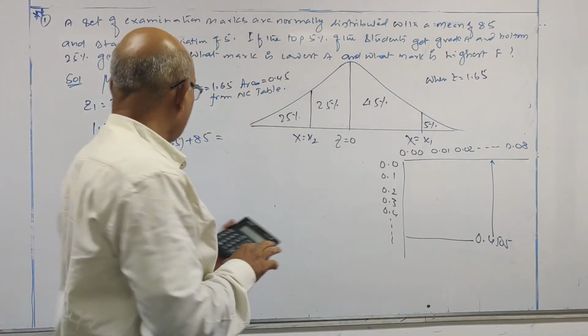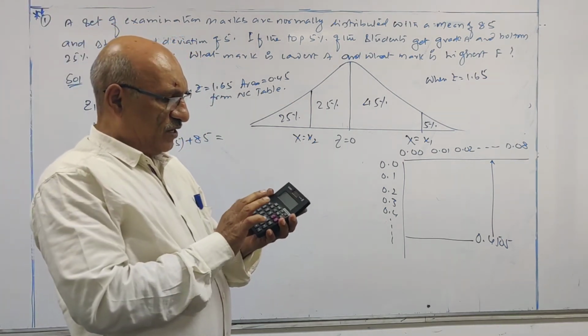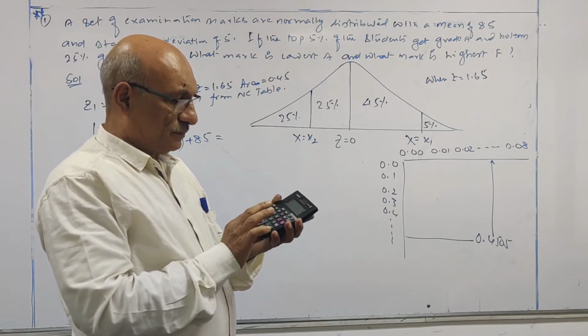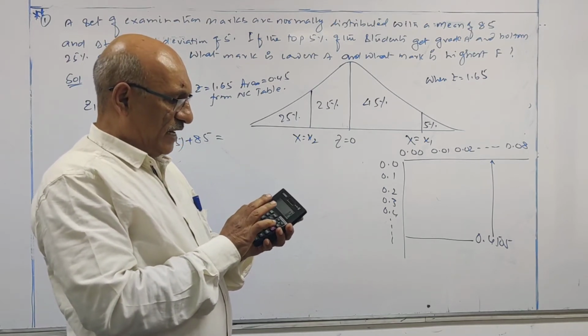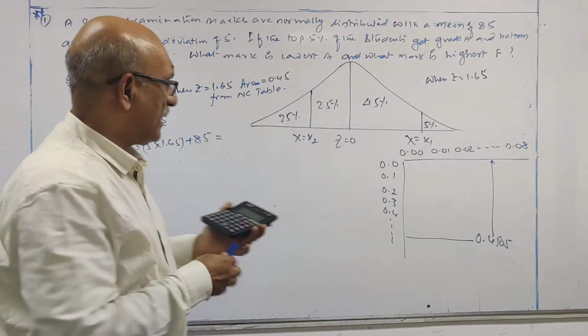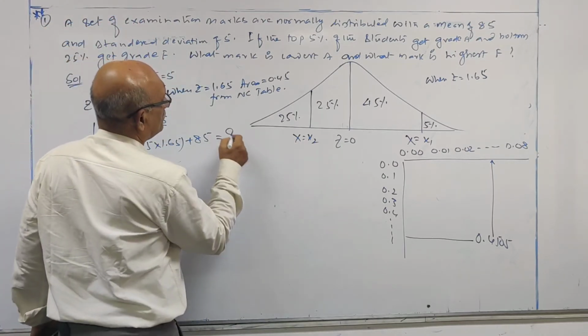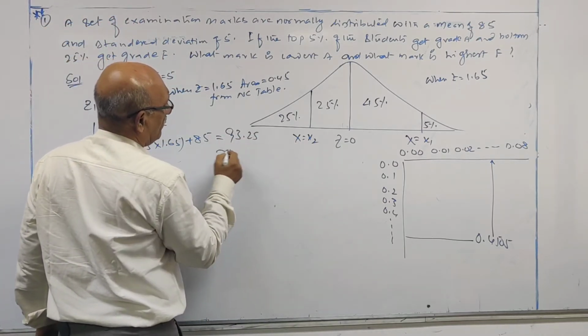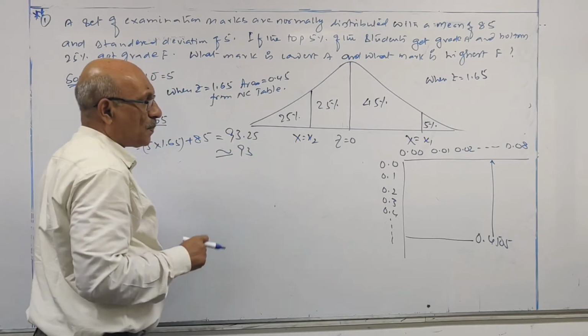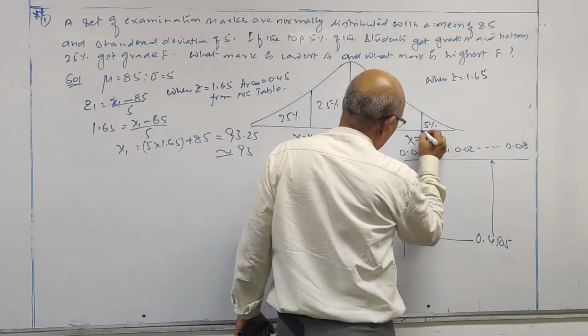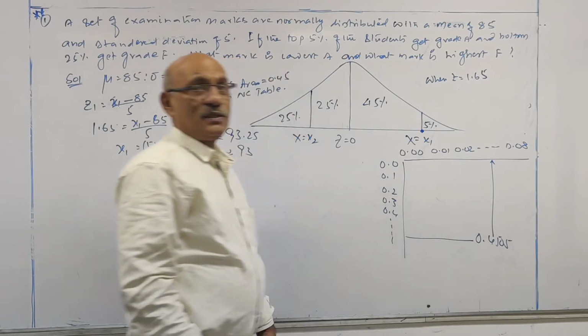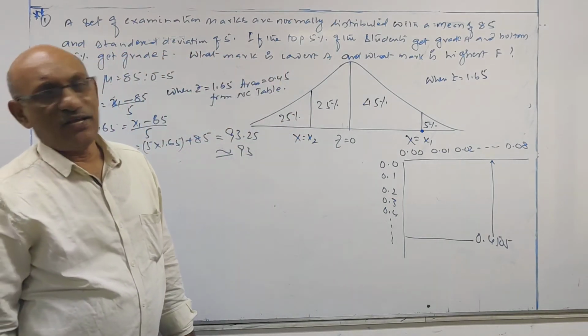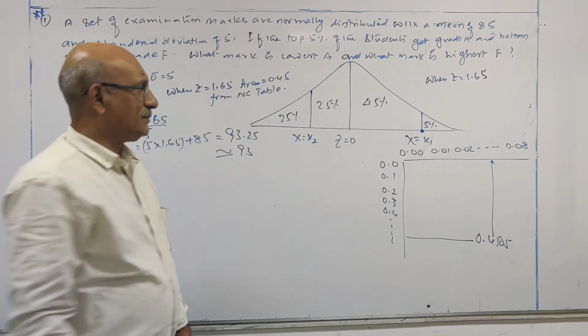Look at this. 1.65 into 5 plus 85 is 93.25. 93.25 is approximated to 93. So what is the lowest mark for grade A? The lowest mark for grade A is equal to 93. Next,